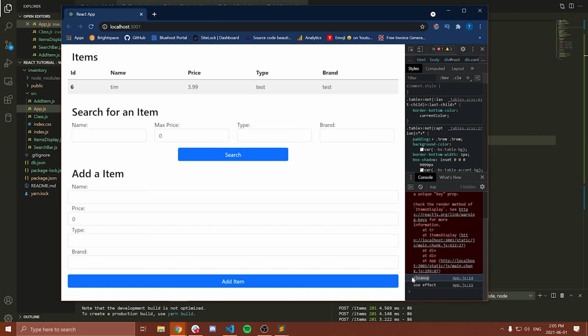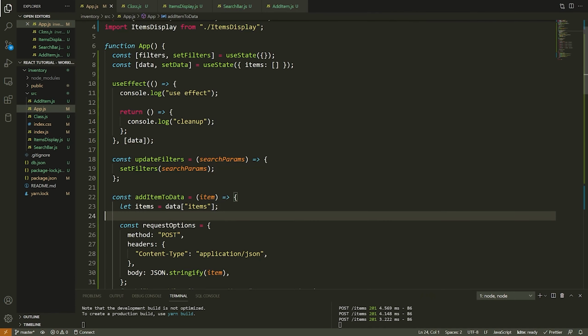Now, why are we getting cleanup here? Well, the reason we are getting cleanup is because useEffect ran again, and it needed to clean up what was run in the previous run of useEffect. So since this ran a second time, this means that all the stuff we did here is going to happen again, and so we need to clean up the previous stuff that we did. Seems a little bit confusing, especially because I told you it wasn't going to run, but essentially when this runs a second time, we will clean up the stuff we did the first time.